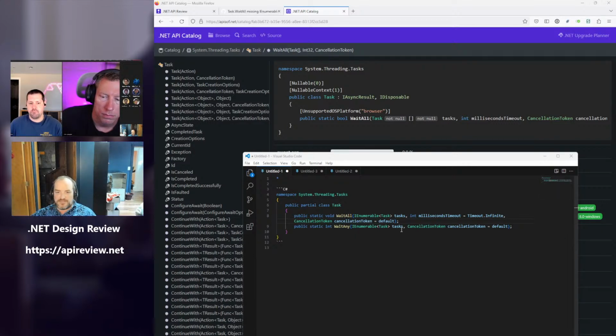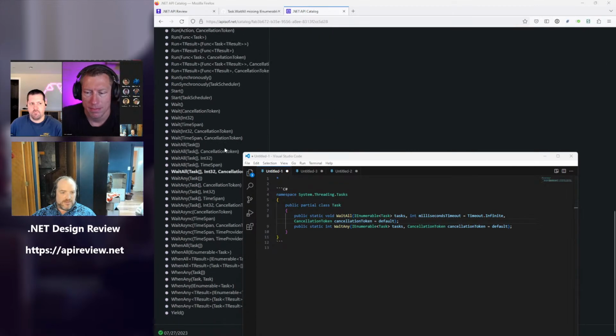Just to avoid things being supported in one overload and not the other, let's just add the milliseconds timeout to both. Okay. And wait has the same pattern? Sorry, the any has the same pattern? Yeah.